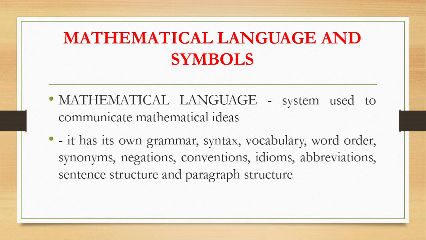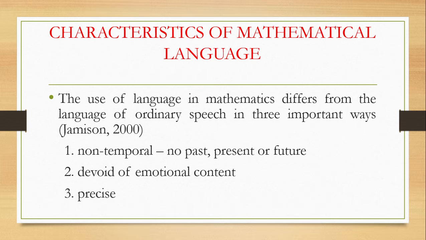It has its own grammar, syntax, vocabulary, word order, synonyms, negations, conventions, idioms, abbreviations, sentence structure, and paragraph structure. The language in mathematics differs from the language of ordinary speech in three important ways, according to Jamison 2000. So now we have non-temporal, which is not past, present, or future,